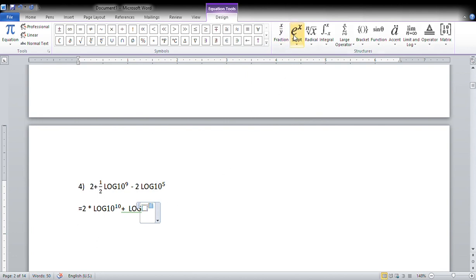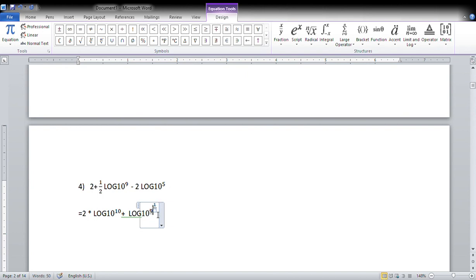Again you have to write it there only, and it should be like that only. Okay, fine. So we can write it as log 9 with the base 10, and so simply we can